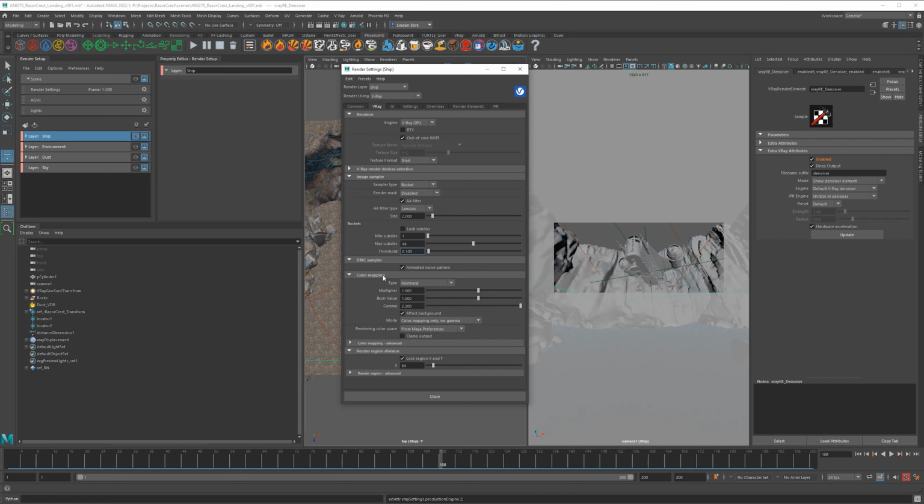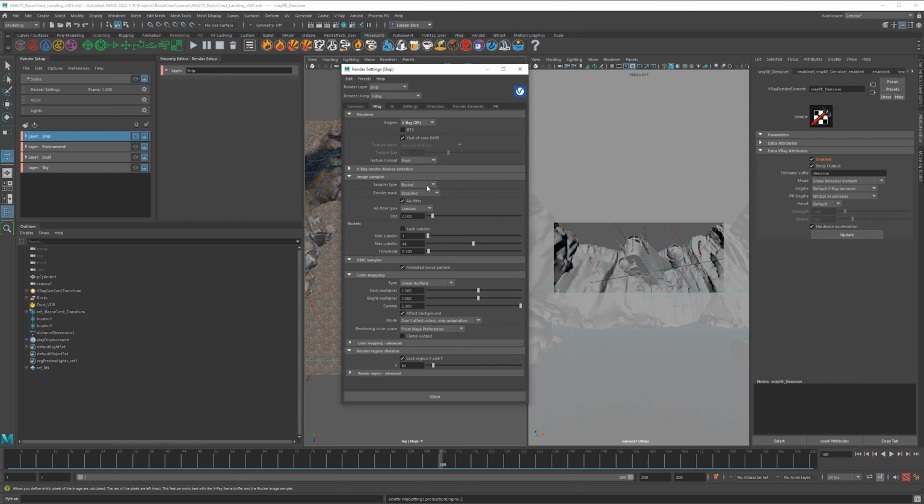All right, after that, color mapping. We actually don't want to have color mapping. Color mapping is the same thing as tone mapping, but we already have tone mapping with ACES. So we don't want to have any of that at all. If you don't want any of it at all, change it to linear multiply. That basically doesn't allow any tone mapping at all. But if you want to be doubly sure, you say mode, don't affect colors, only adaptation. But we're not actually changing anything there. This is important to change. All right, so that's good.